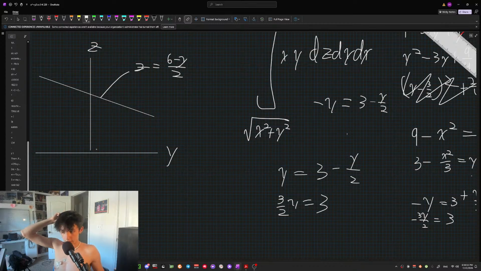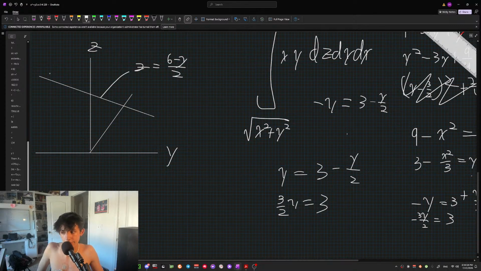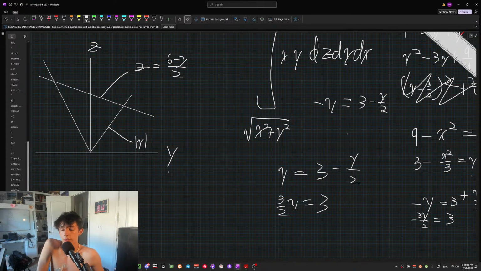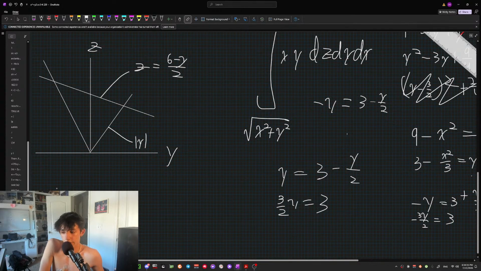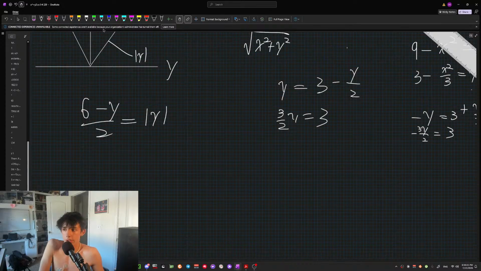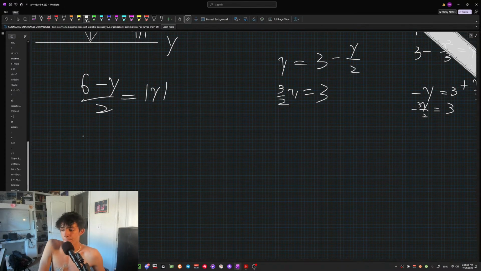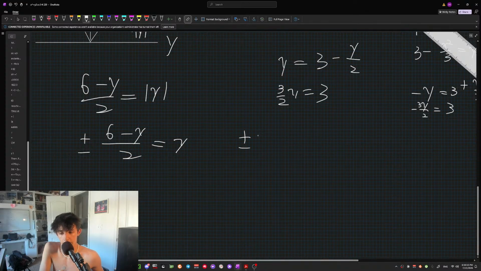And then this is just the absolute value of y. So we need to figure out when they equal each other. 6 minus y over 2 equals absolute value of y. Oh my god, actually so dumb. Plus or minus